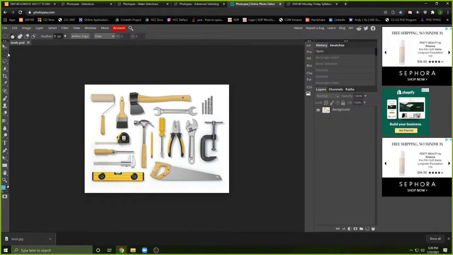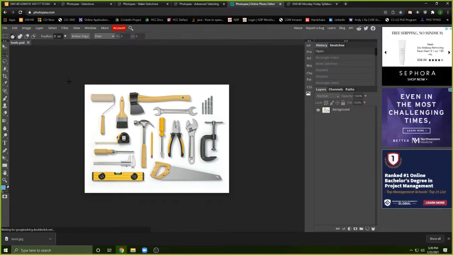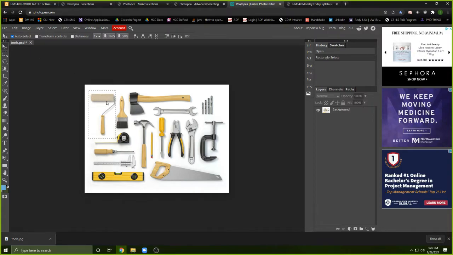Let's see here. And again, with these tools, it's okay if you don't get it the first time. It's very helpful to fiddle around with these, because once you get the grasp of it, it's much easier to apply it to the more complex selection tools. See here. It's not moving. Oh, there it is. And again, the ellipse tool functions the same way as the